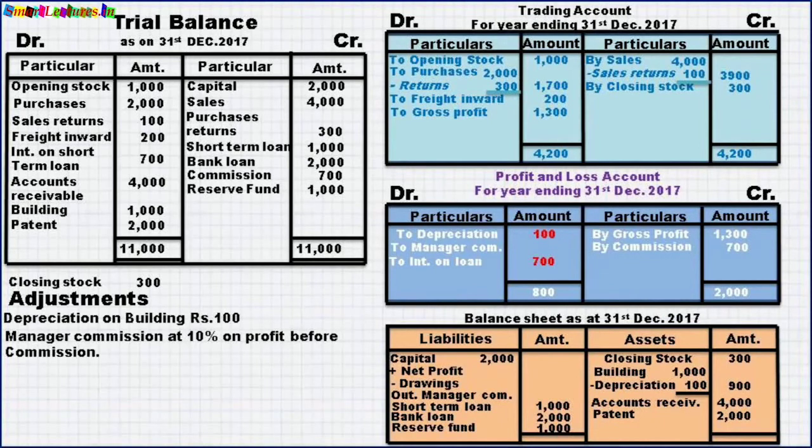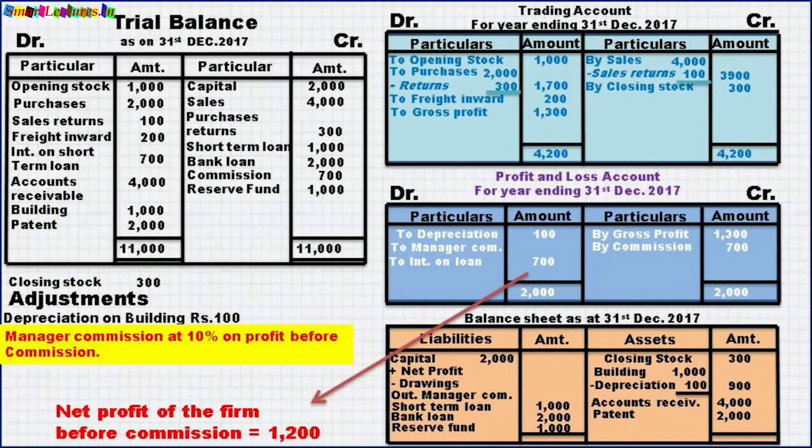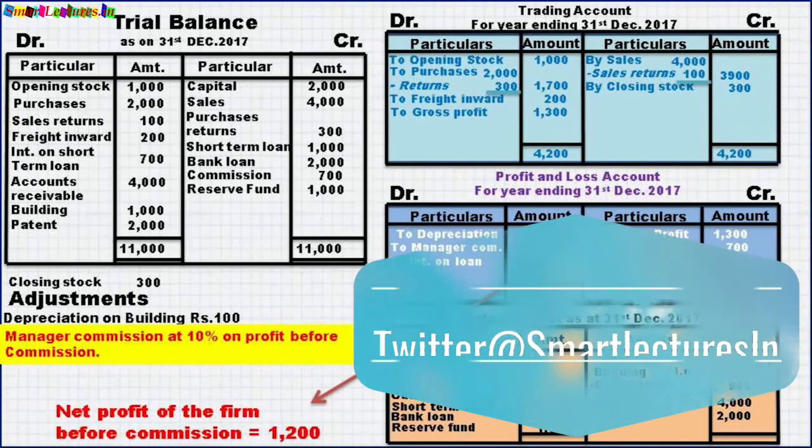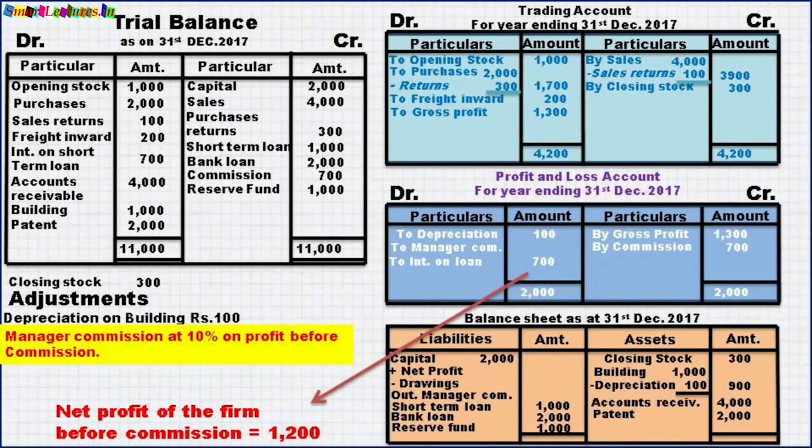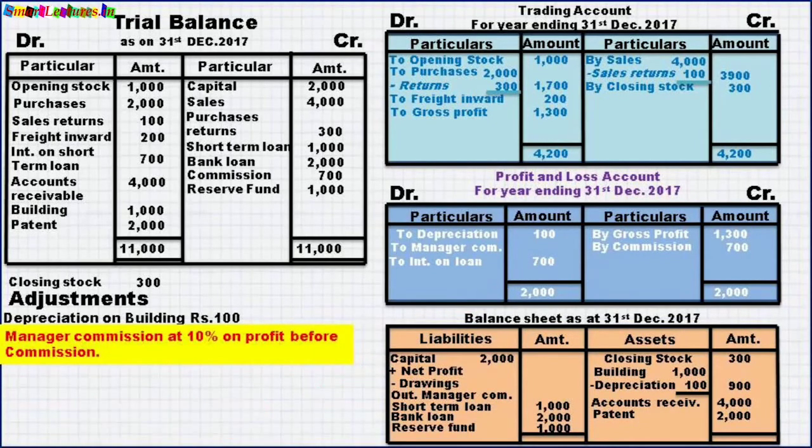So it means still we have to calculate manager's commission, but without commission the profit at present is 2000 minus 800, 1200, means at present without commission the profit of the firm is 1200, means this is the profit before commission, and we have to calculate 10% of the profit